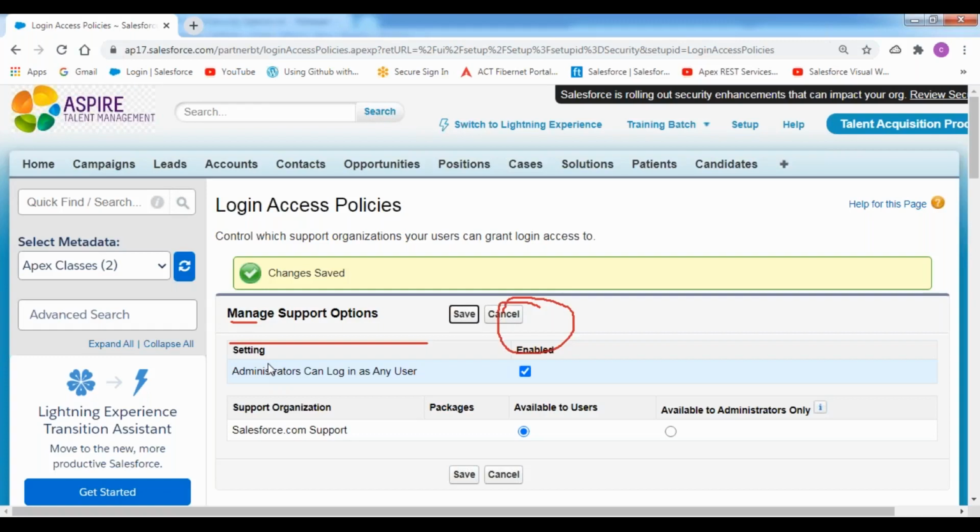Now let's verify that. When you are looking into the user's account, you will have that login option for all users in one